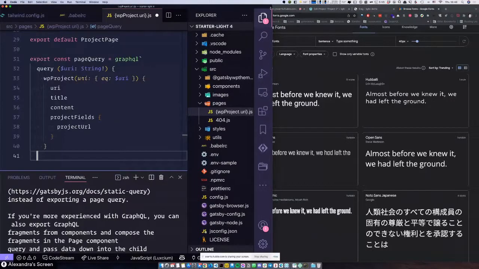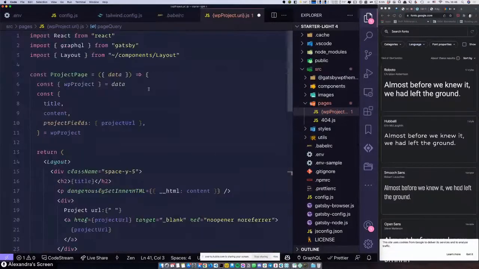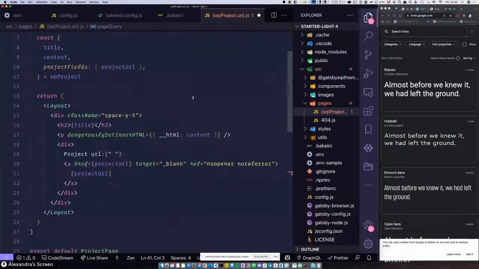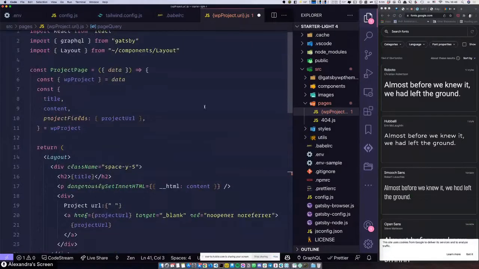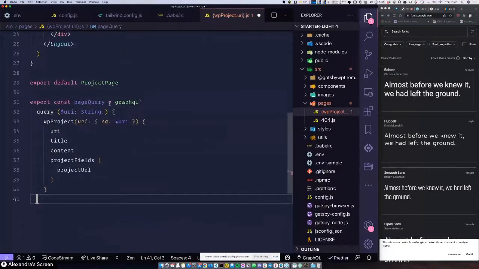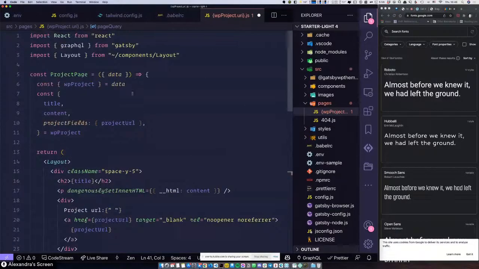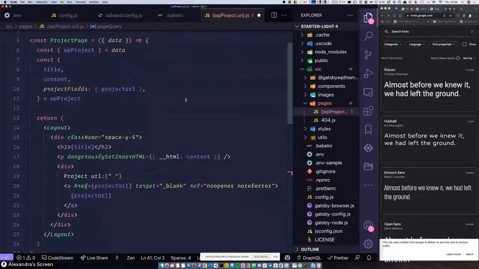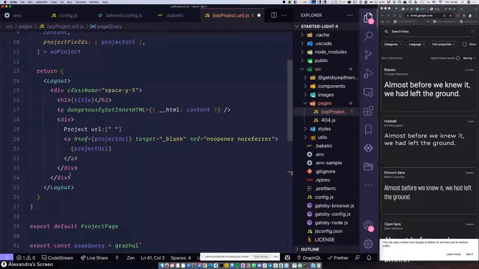So okay, we have a layout component here, and we just get the data query here. So in our project, we want the URL, the title, the content, and the project fields, project URL. And here we get this data, and we display it like that. So now we are going to